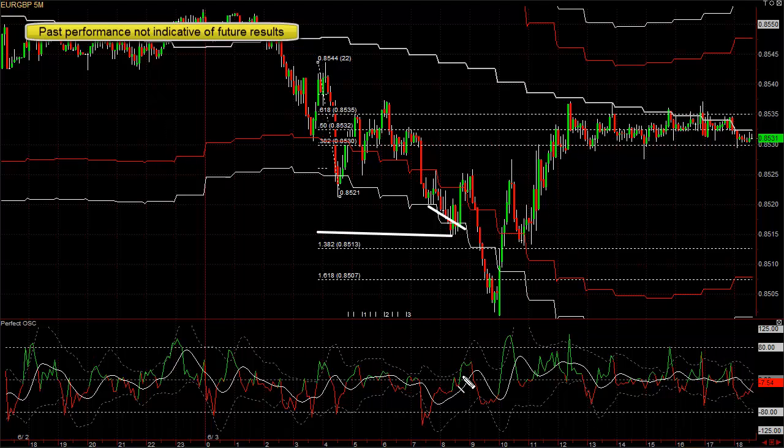You can see our perfect oscillator is actually going up. That's never a good sign for the trend to go down. Typically I don't look for counter trend trades at the lower white band. I typically will get into counter trend trades underneath the white band. I did so in the euro dollar today and had an amazing counter trend bounce. I can show that chart at the end. But